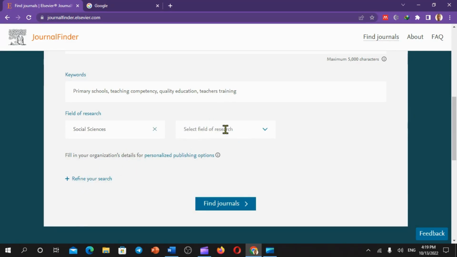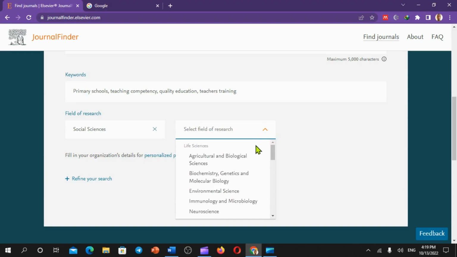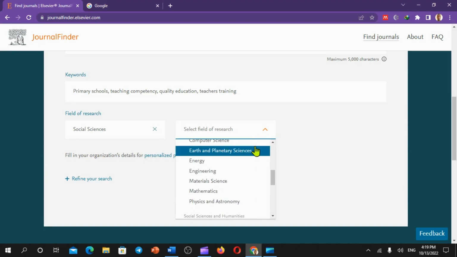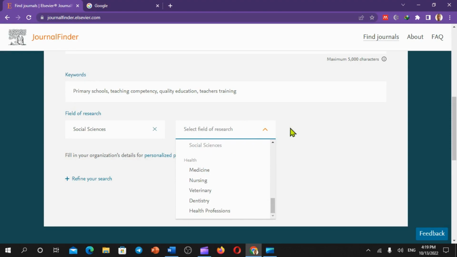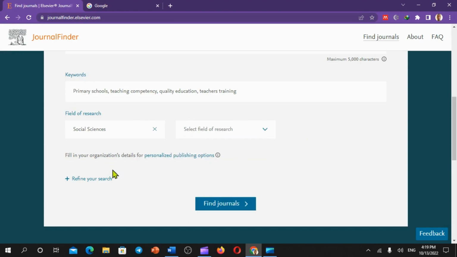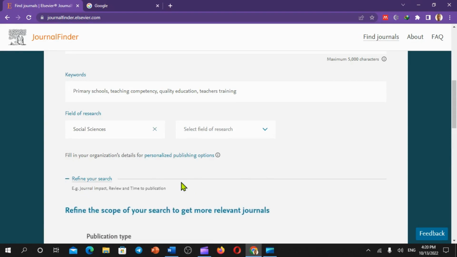Then here you can also specifically select the fields of your research under social science, or you can omit that. Now we can refine our search to find the journals. Here there are some additional criteria that you can use to refine your searches. For example,